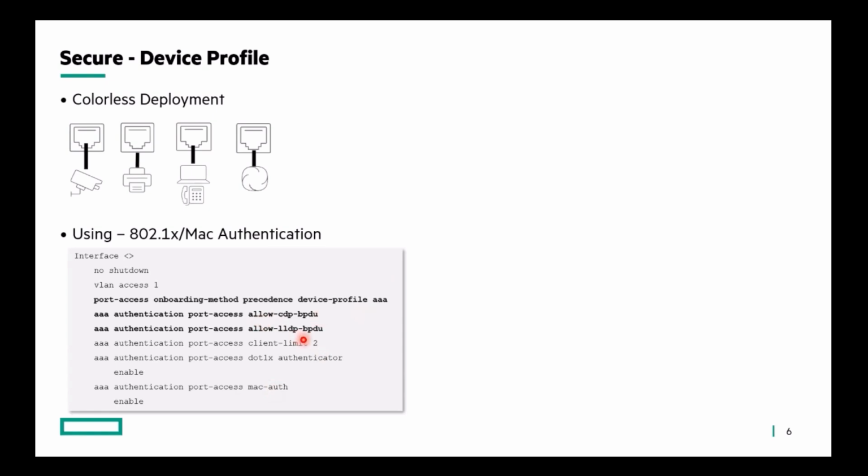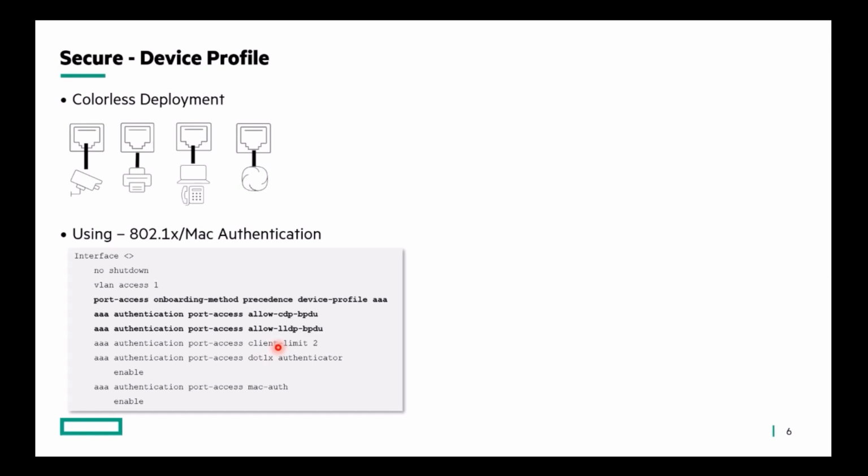So in case there is no device profile match, the fallback will be the dot1x or the MAC authentication. Once this has been enabled on a port, with security by default, if there is no client onboarded, all the packets will be dropped. Not only the general packets, even the LLDP and CDP packets will also be dropped until the client is getting